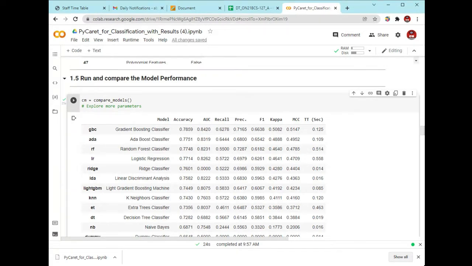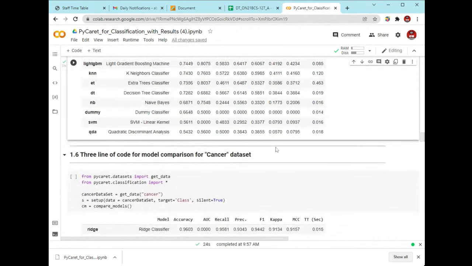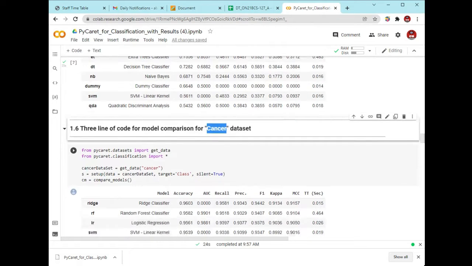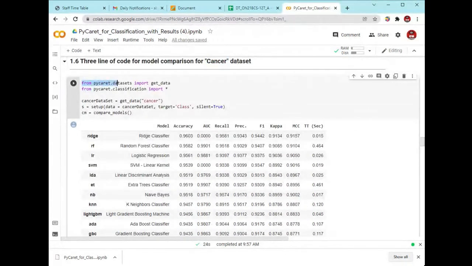From here you will see how to compare the models. After comparison we will use the same process for a different data set. Right here we are using the cancer data set and we are using these 3 lines of code to perform this operation. How will you perform this?